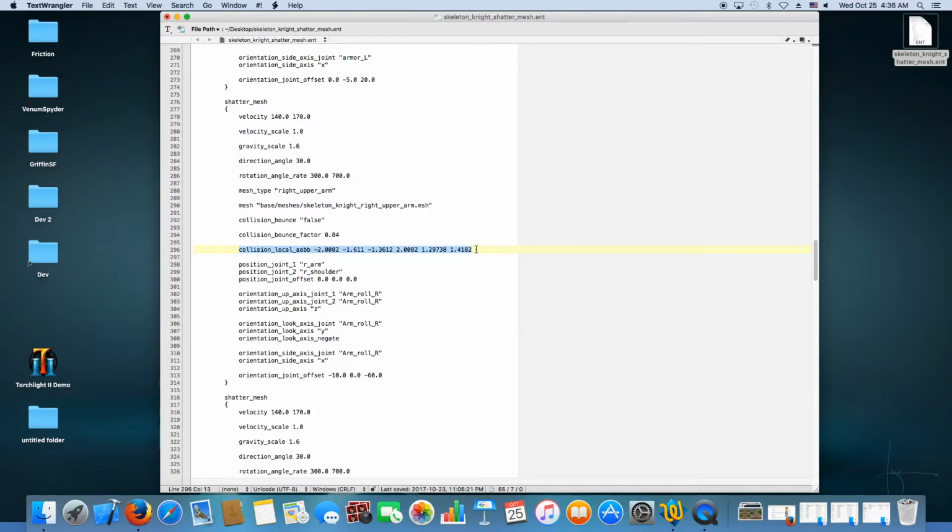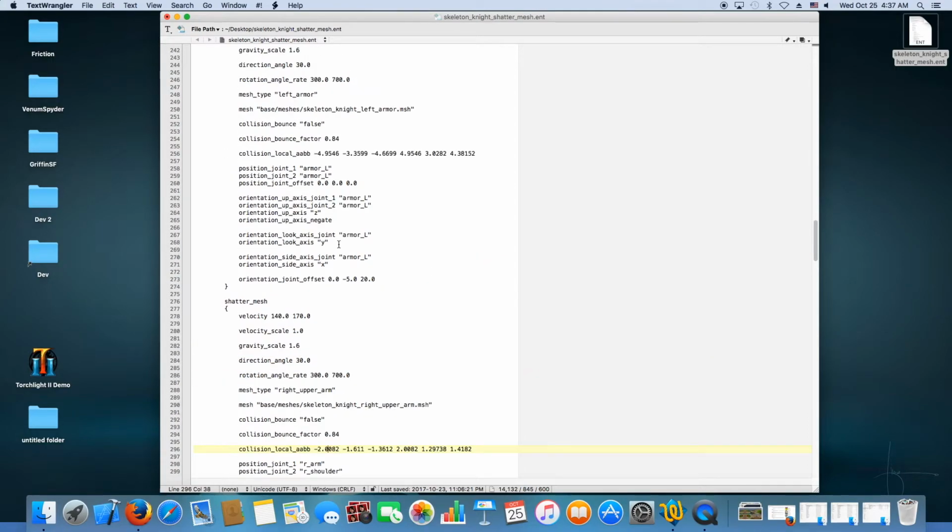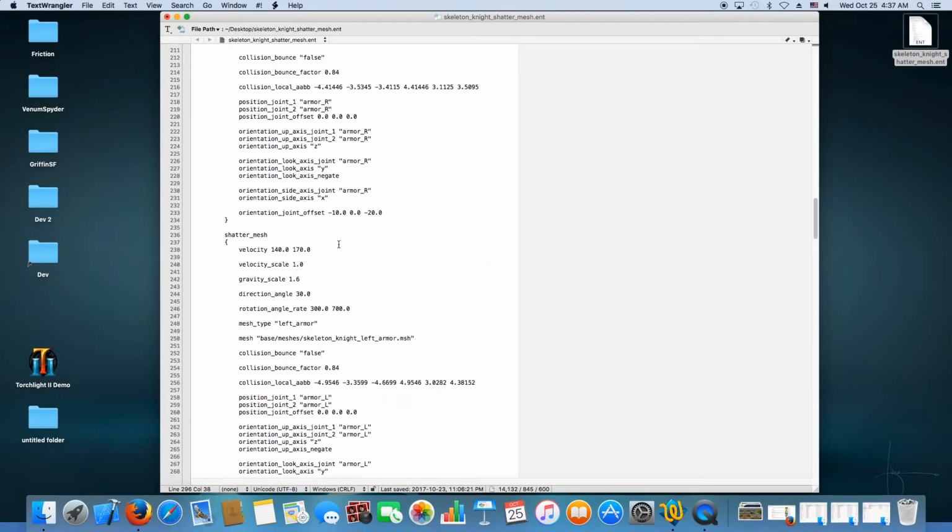And as for the collision AABB that I use, I just pick some numbers. I go into Maya and I make a little box that more or less covers the different orientations for the shatter mesh as it rotates, something that'll look good and won't make it look like it'll fall through the world or is too thin. It's an average collision box that'll make everything look good, more or less. So that's how I came up with that. I just model something in Maya and look at it and say, okay, that'll work, and then I test it in the engine. So there I pretty much show at least a little bit of the scripting that I used